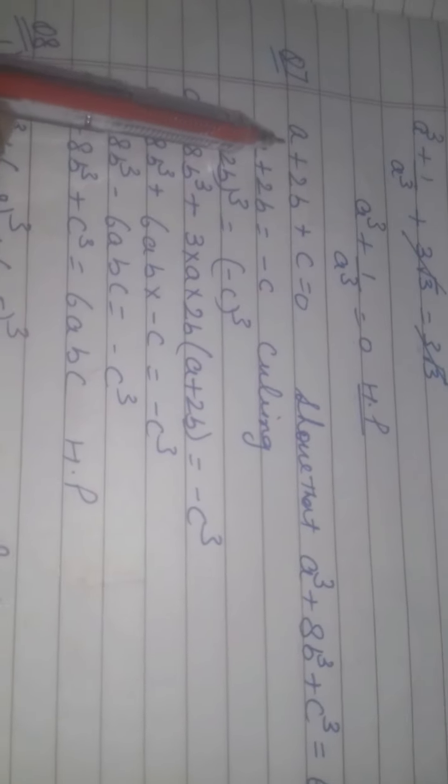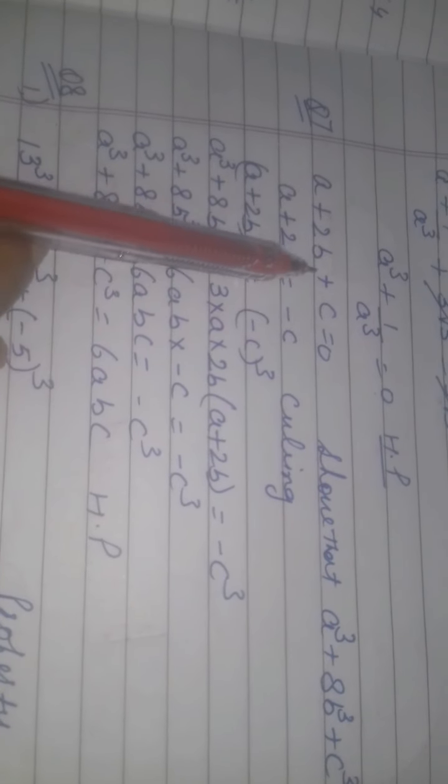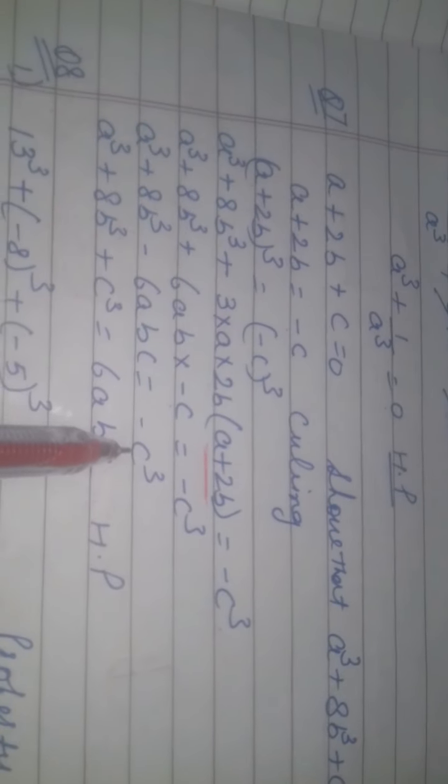Seventh question, children, this is given and you have to show. Again single to cube power. But I know cube of only 2 terms, and here how many terms are given? 3 terms are given. So what I'll do? I'll transpose one term that side. So I've taken c over there. Now I can do cubing both the sides. Clear? This is a cube plus b cube plus 3ab into (a plus b). So this side minus power 3 will be minus c cube. Term as it is, 3 2s are 6ab. Now value of this expression already we got, that is minus c. So replace it. So this will make it minus 6abc is equal to minus c cube.